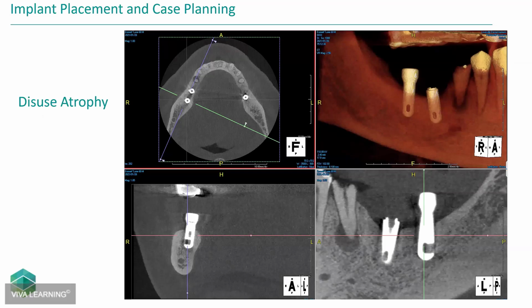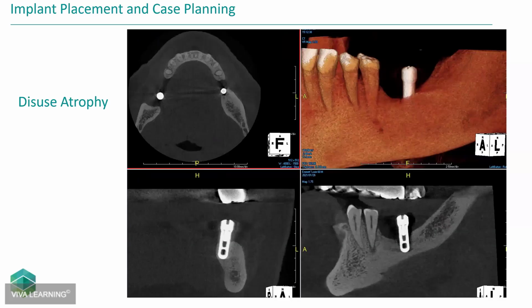And this is an example that came to mind when I was getting this presentation ready. I saw this patient. She had enough money to get her implants 8-9 years ago. She had them all placed. Then she ran into a situation where she could not afford to restore them, and she just left them. So these implants, I assume, were in good condition when they were placed. After that amount of time of no load, she lost almost all the bone around these implants, to the point to where they were